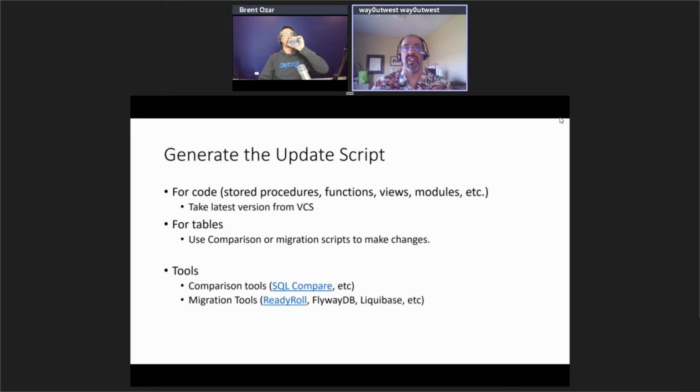Philosophically, there's 2 ways of doing it. I can use comparison technology, which is like SQL Compare from Redgate, or what SSDT does with packages. And I look at the before and after, and I figure out what the differences are, and I generate a script. Or I can use what's called a migration-based philosophy, which